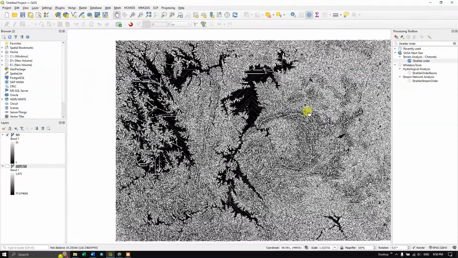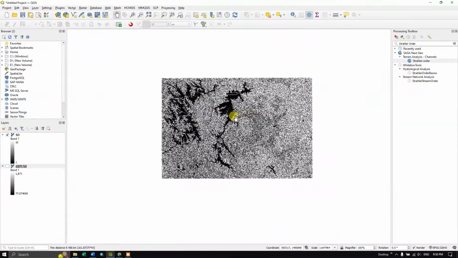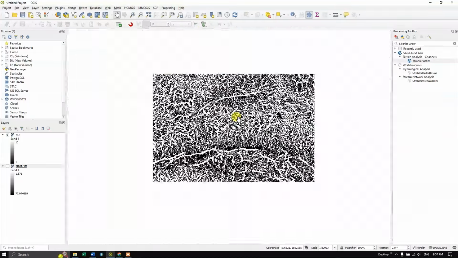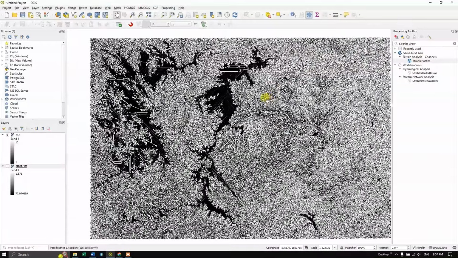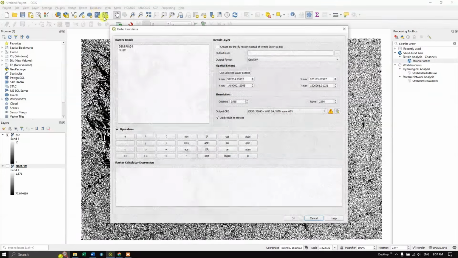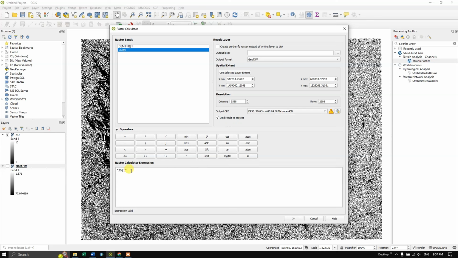So I am going to just fix it to a particular stream order because we have a vast amount of streams. So now let us reduce the stream order. We can do that by using the raster calculator. Go on to raster and from there use the raster calculator. In this case I am going to use the raster called SO, stream order, which is Strahler's order. So double click, and automatically it will be added to the raster calculator expression,